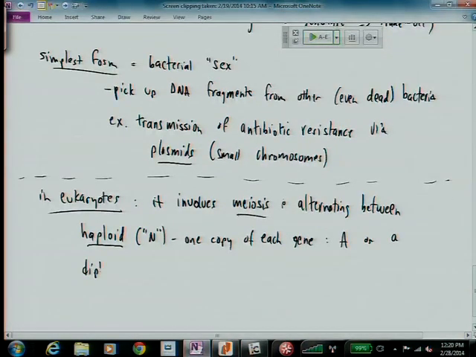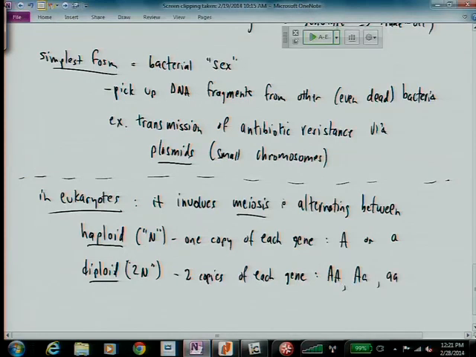And diploid, 2N, two copies of each gene. And they can have genotypes big A, little a, little a, for example. Right? And we spent a lot of time in 111 talking about the genetics of diploids. The only time we ever ran into haploids, to the extent that we even thought about them, were eggs and sperm. It's going to turn out they play a much bigger role in things than you might expect. And we're going to talk about that in a